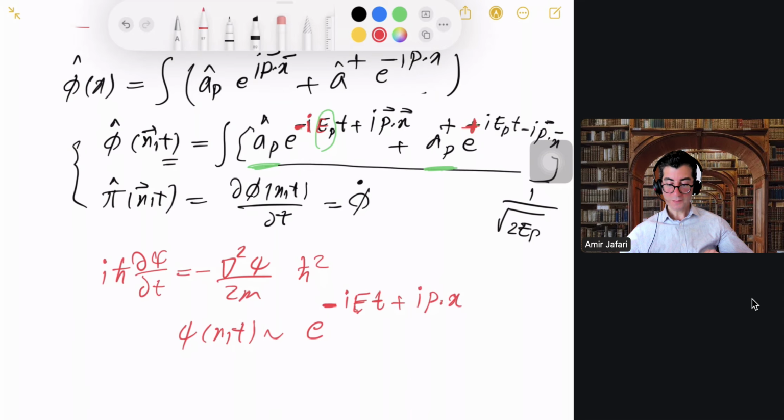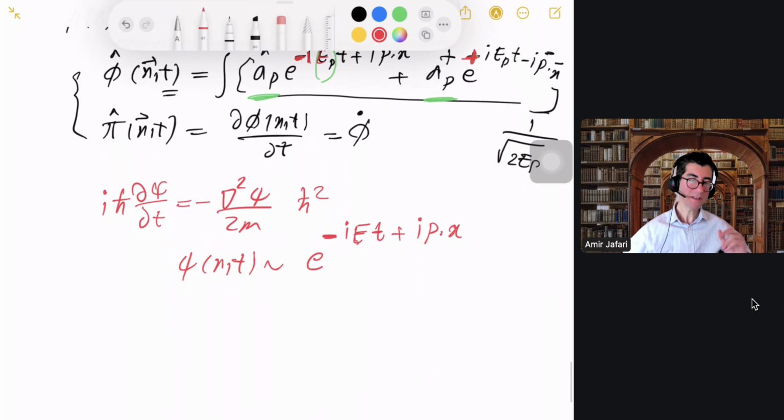In fact, another exercise, another calculation for you to do, is that if you use this ansatz, phi(x,t) = psi(x,t) e^(-imt), so you separate the rest energy of the particle using this term, then in the Klein-Gordon equation,